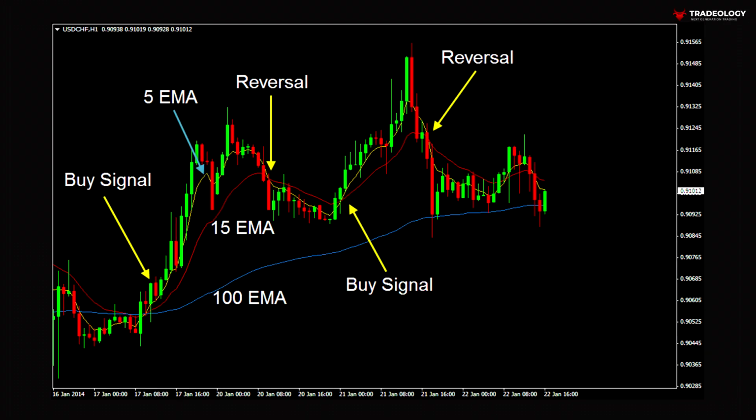Let's take a look at one more example. We have an uptrend on the USD CHF 1-hour chart. The first buy signal appears when the 5 EMA crossed above the 15 EMA, and both are above the 100 EMA. This upward move peaked at 65 pips, so if the take profit was set at 30 pips, that would